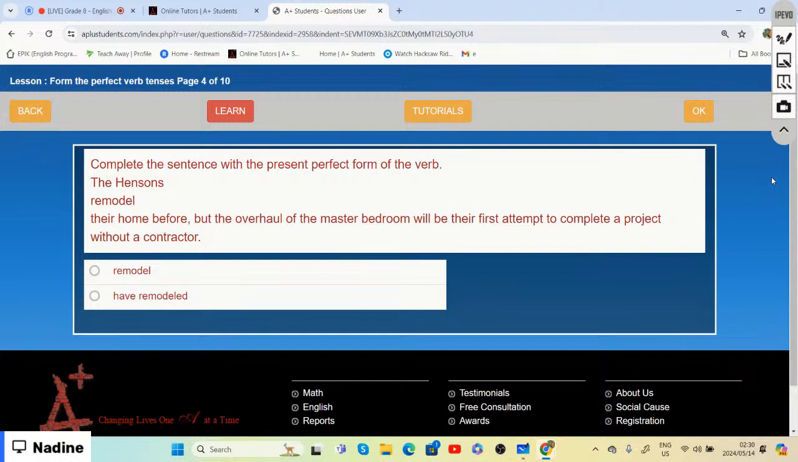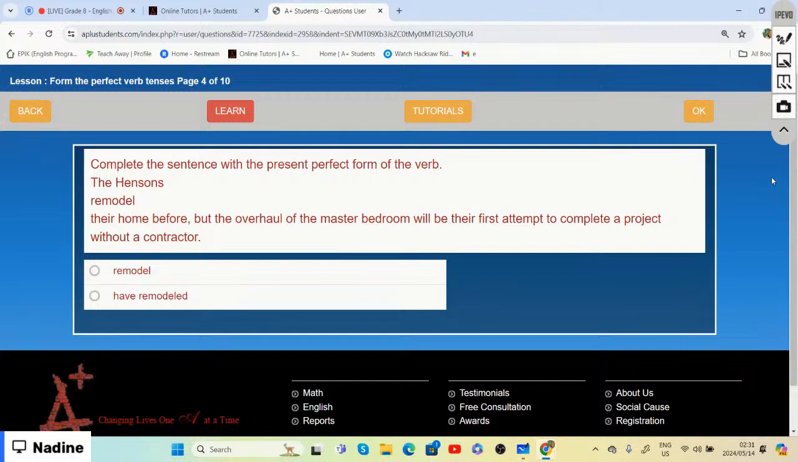Present perfect form of the verb. It says the Hensons. Do we say the Hensons remodel, or do we say the Hensons have remodeled? Remember, we're using the helping verb also. With the present perfect tense, we use the helping verb has or have. And in this case, do we say the Hensons remodel, or do we say the Hensons have remodeled